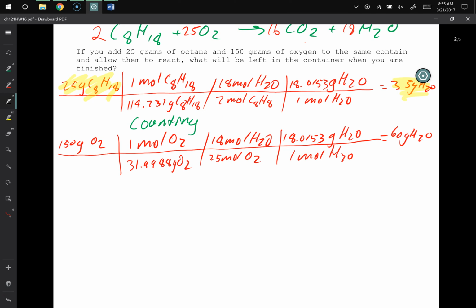Okay, so what I know right now is it has to be the same on both sides, including the leftover stuff. So what I know right now is I've got 0 grams of octane left in my container. I know I've got 35 grams of water in my container. So now what I want to know is,